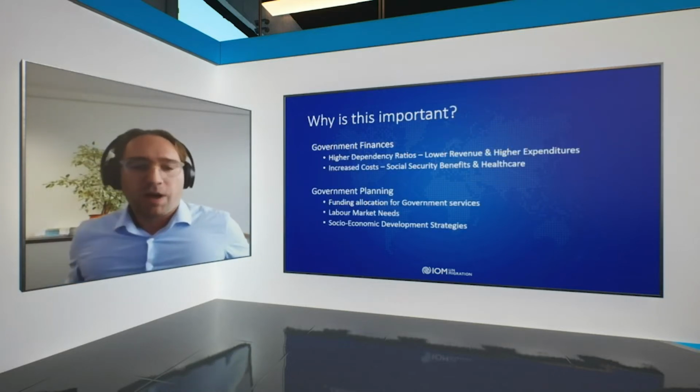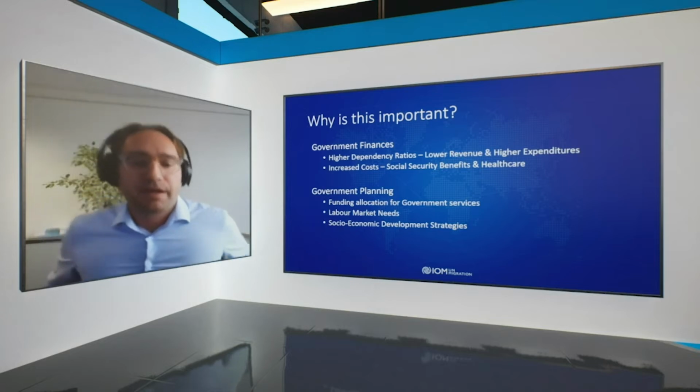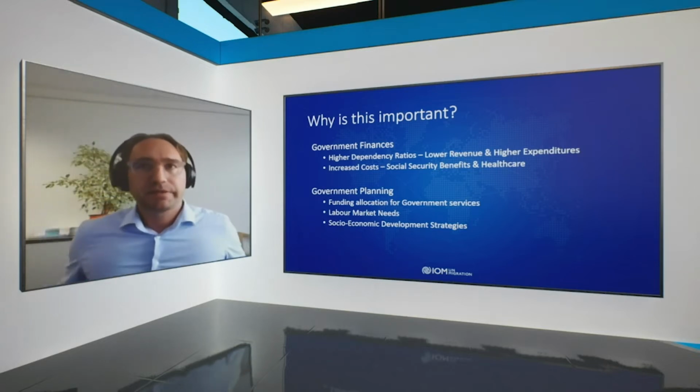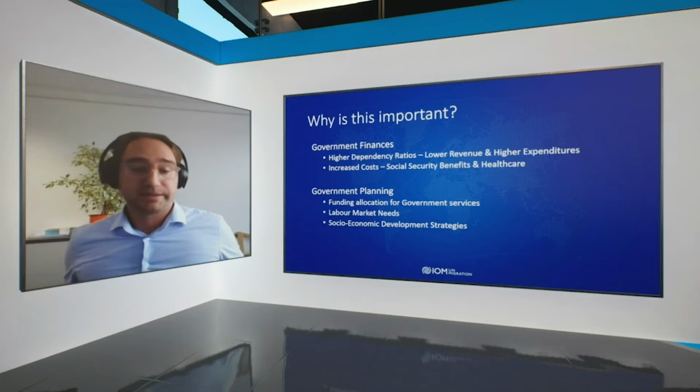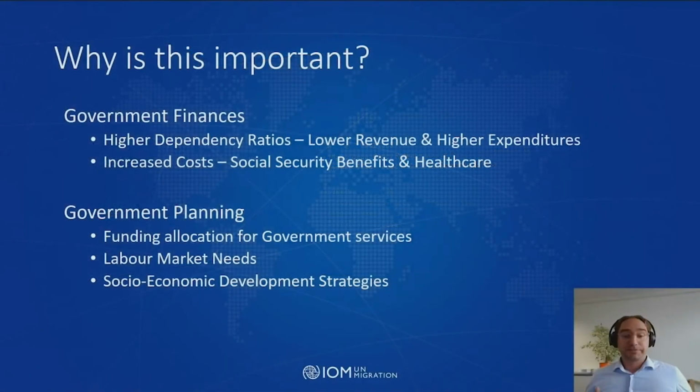Now, why is this important? I think the previous speaker, in answering one of the questions, already highlighted some of the key points. Some would say that this isn't really an issue. Some environmentalists might say that depopulation is a way of addressing negative environmental impacts of human activity. With fewer people comes less human activity. But regardless of your position on this, I think there's no denying that